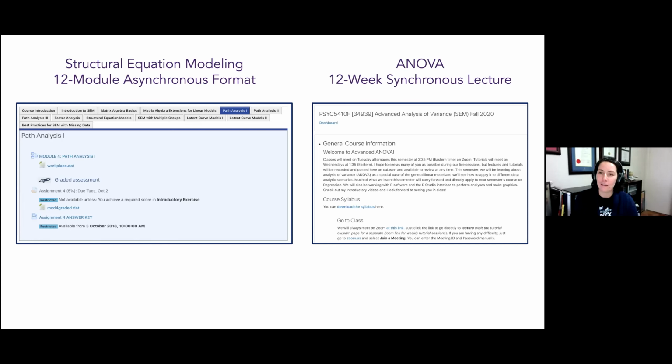So I taught synchronously online regression and ANOVA this past year to the first year graduate students. And I felt kind of ahead of the game because I had already done online teaching going into it. So knowing how labor intensive it was to make an asynchronous class, I figured I would save some time and prep if I kind of pretended that I was doing a face-to-face class, but just on Zoom instead. So I didn't do scripting and video editing. But in the end, I found that there were ultimately just a lot of similarities between the 2 formats, including a ton of prep time.